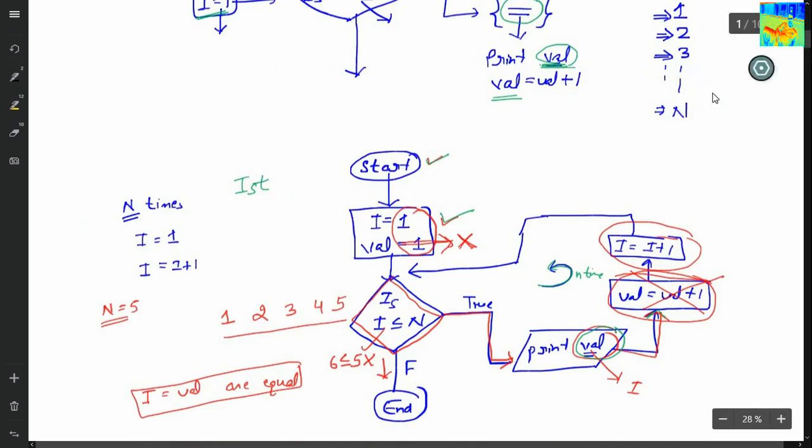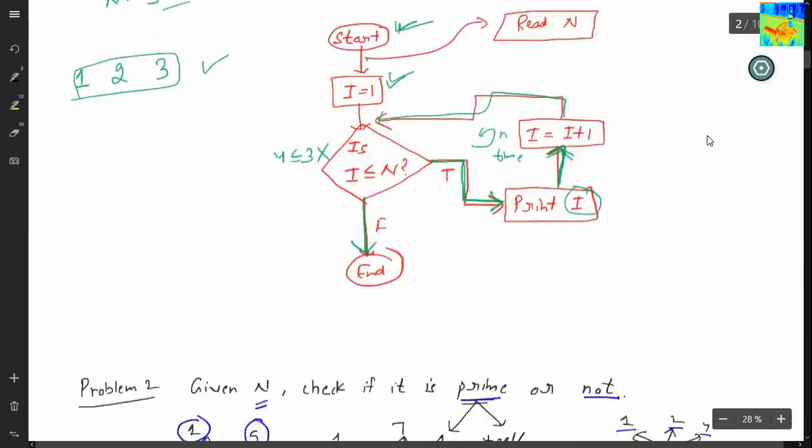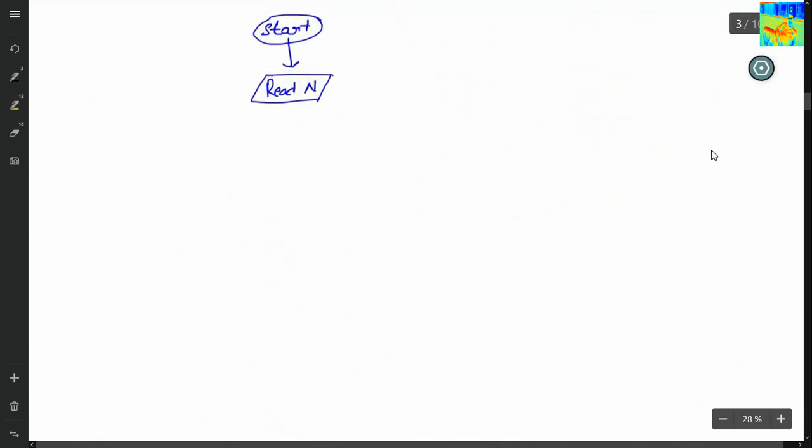The mistake is I have to first read n. Sorry guys for the mistake. I don't know how I forgot. So first you have to read n here. Sorry again. And similarly you have to read n here first. Read n. Sorry guys for the mistake.